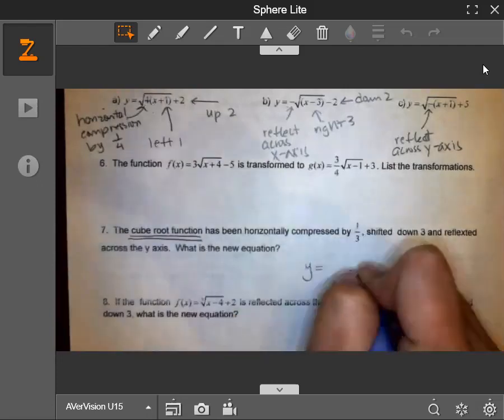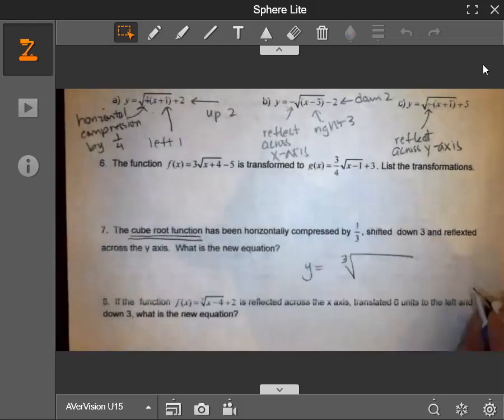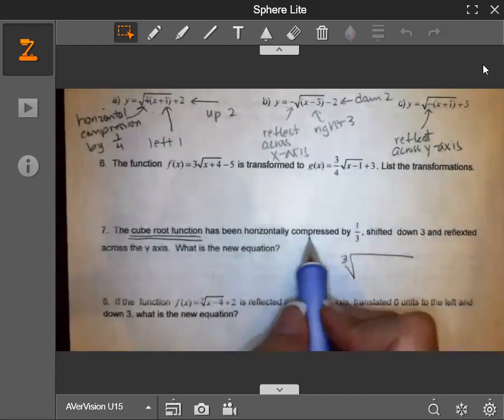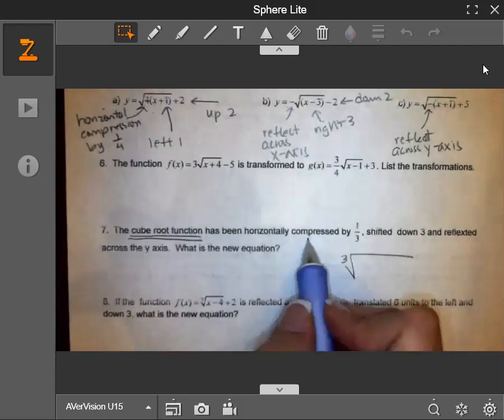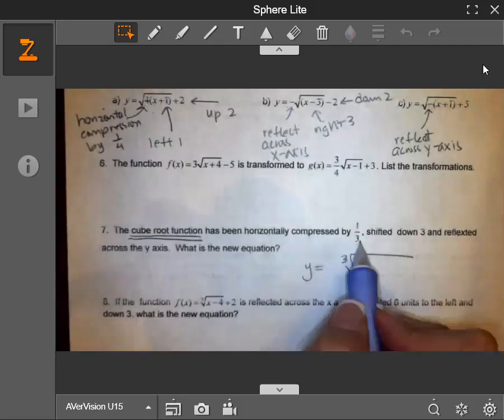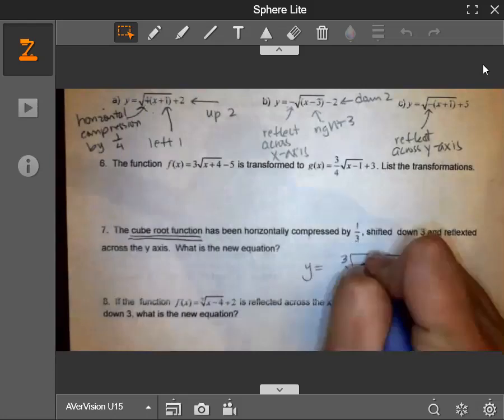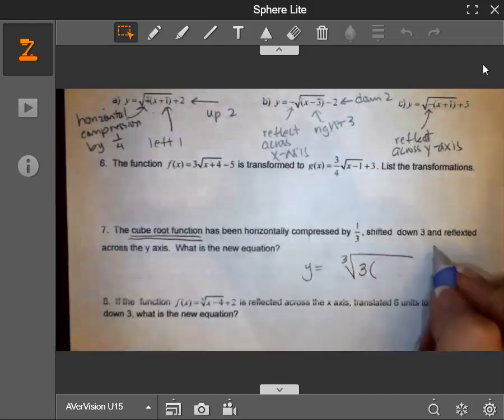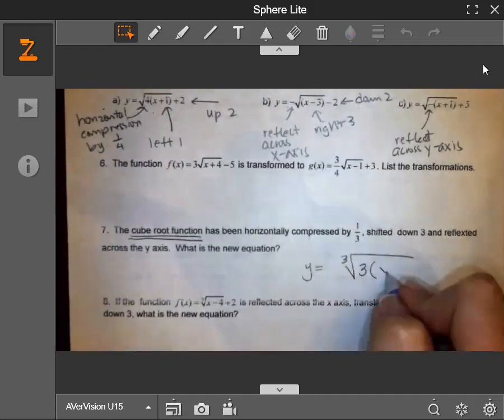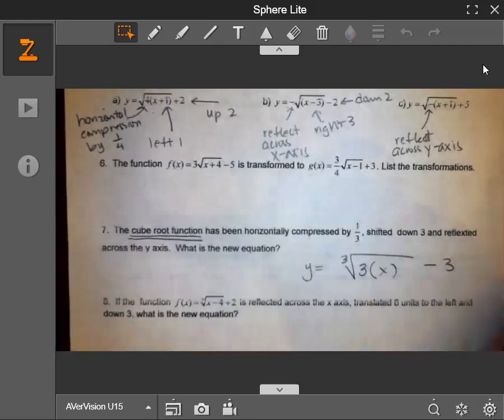So I know the cube root here, horizontally compressed by 1/3. We know that when we say horizontally compressed by 1/3, this is 1 over b. So what I'm going to put on the inside here is that 3, because the b part is that 3. I'm shifted down 3 units, that is going to go at the end here. That's what that d does. And reflected across the y, I need that negative on the inside. So that would be my equation there, coming from its